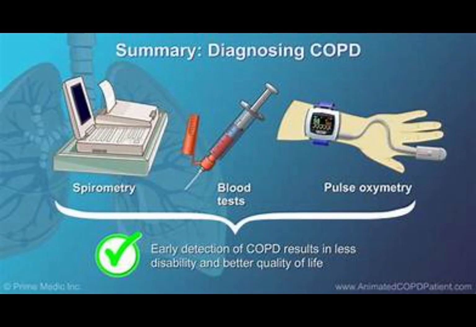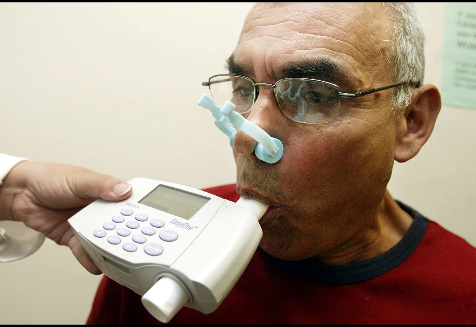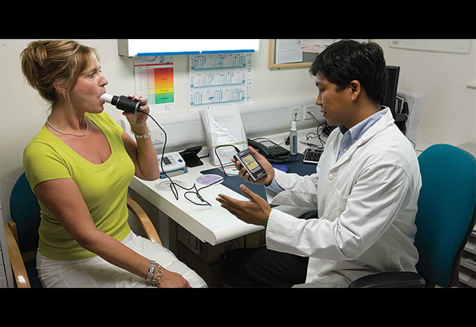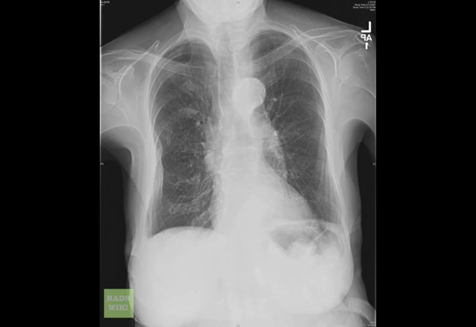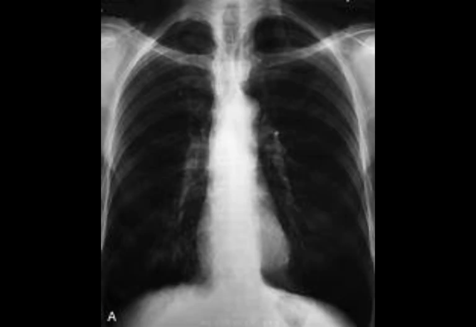Diagnostic tools for COPD. Spirometry. The most common test for diagnosing COPD. This test measures how much air a person can exhale and how quickly. A reduced airflow, indicated by a low forced expiratory volume in 1 second, FEV1, compared to forced vital capacity, FVC, helps confirm the diagnosis. Chest X-ray helps to rule out other diseases with similar symptoms and can show signs of